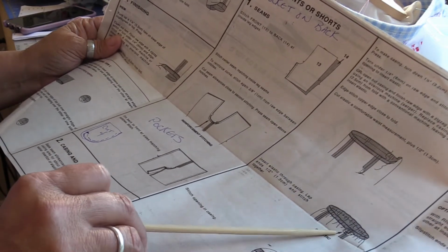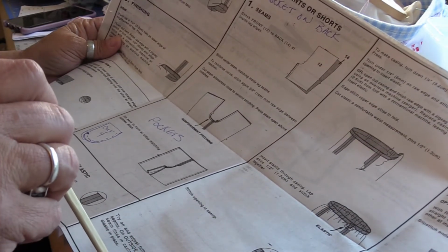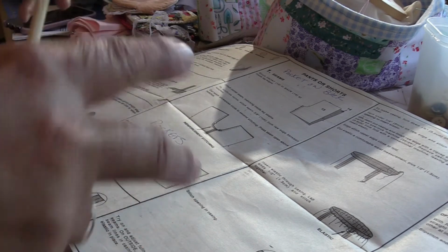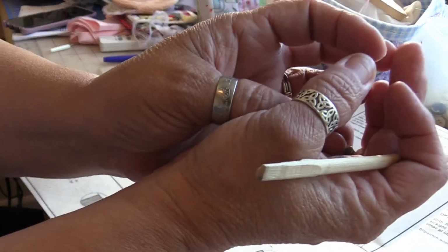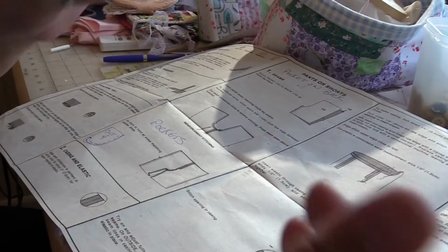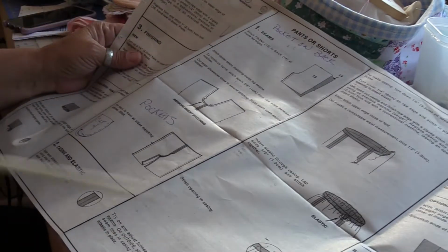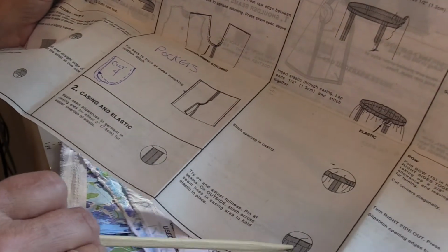Now, a lot of times after you get all of that done, you adjust where the elastic is within the waistband, so you don't have a whole bunch of elastic at the back and a little bit in the front, or it's all gobbed up on one side. You just adjust it, and then you can stitch along the, oh, they show that right here. This is a very good pattern. So far I'm impressed. Stitch along that side seam